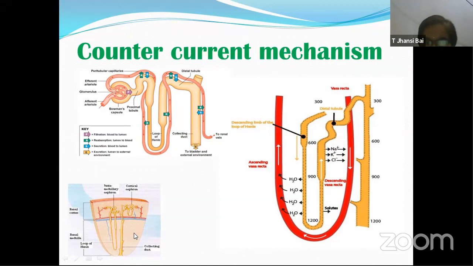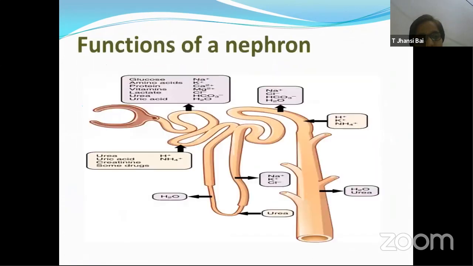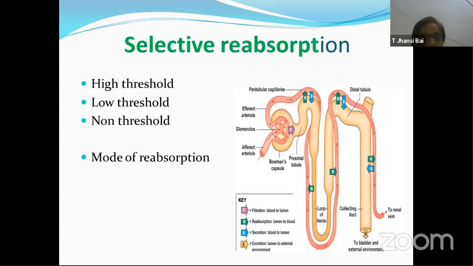In this interstitium, we find the presence of water and solute particles. Especially what solute? Sodium, potassium, chloride, and urea. You remember when we were discussing yesterday, non-threshold substances, I mentioned this. If you permit me, I would like to go back to one of the slides. Here, low threshold substances.